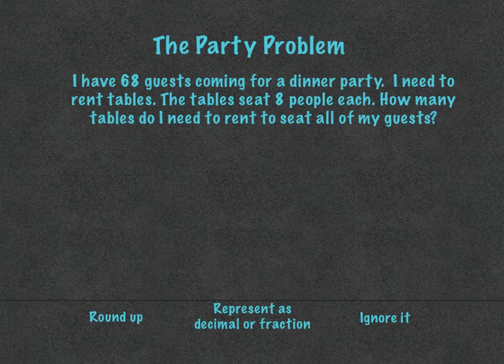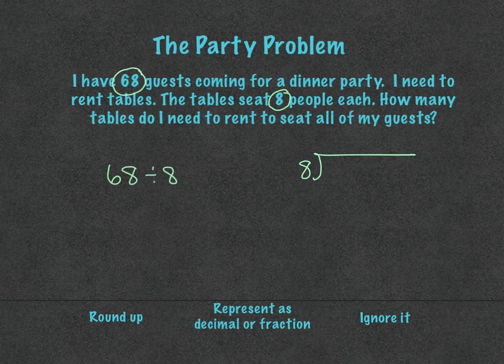Okay, so first of all, let's find our information. We have 68 guests coming, and we're renting tables, so 8 people fit at a table. So the question is, and we're going to use a division problem, right? 68, this is our number model, divided by 8. Okay, so now let's do our division. So 8 as our divisor,